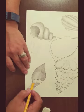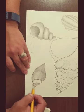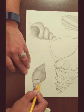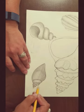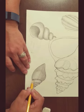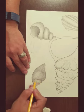So this one here, because it is a bubble that is on top of this portion here, we want this portion here to be a little bit lighter than these other sections. And again, we want the edge here to be rounded, so we want to add a little bit more shading. And this side too, same thing. I'm just going to add a little bit more value here just because I want it to appear like it's underneath this bubble. And again, using my curved motion,